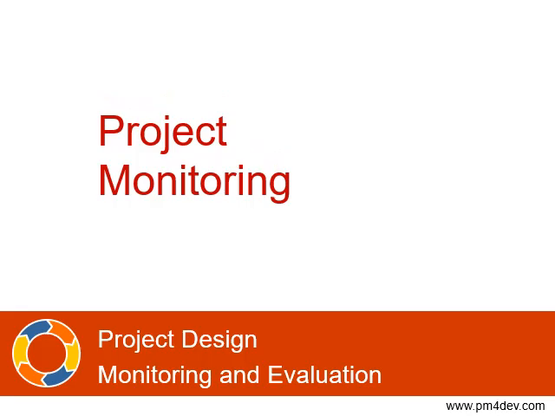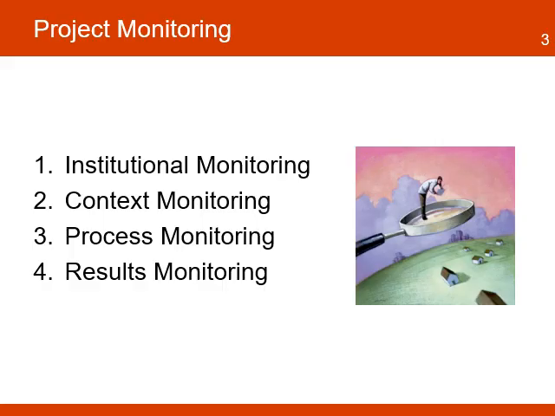Project Monitoring. As presented in the previous unit, monitoring is the routine process of data collection and measurement of progress towards project objectives. But what is it actually that the project needs to monitor? There are 4 different areas the project will monitor. The project manager and the M&E officer will monitor the partners and institutions that are working with the project. They will monitor the context of the project, monitor the process used by the project, and monitor the results of